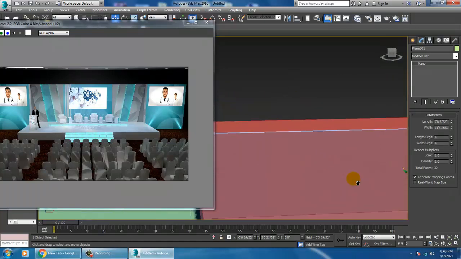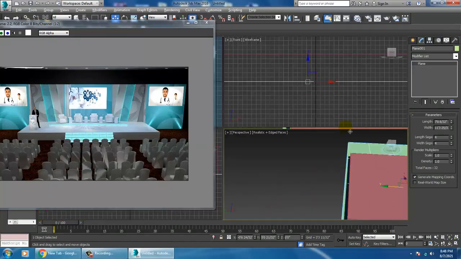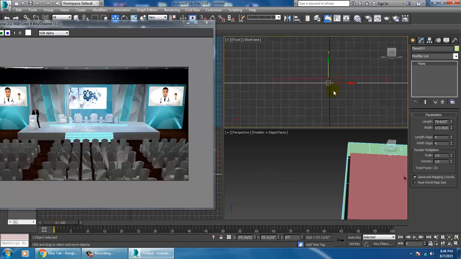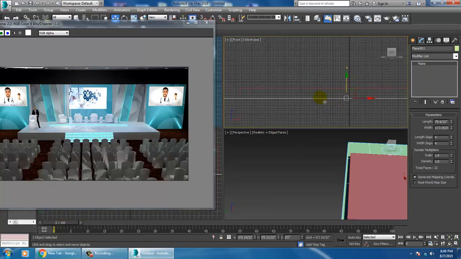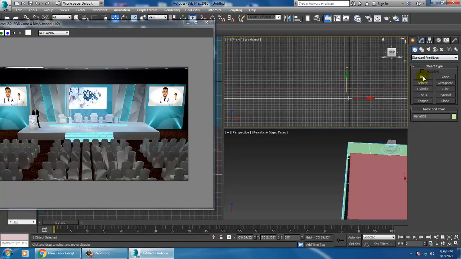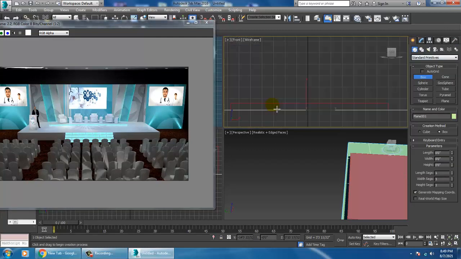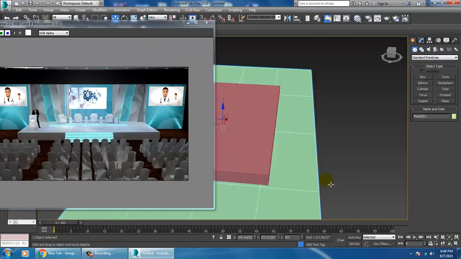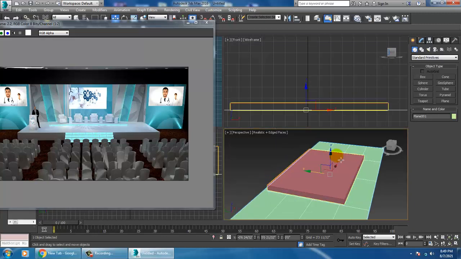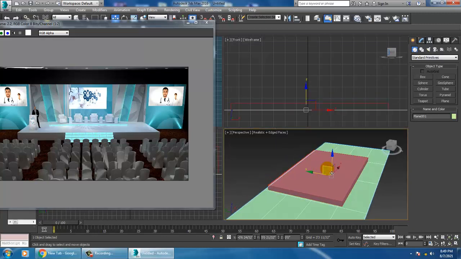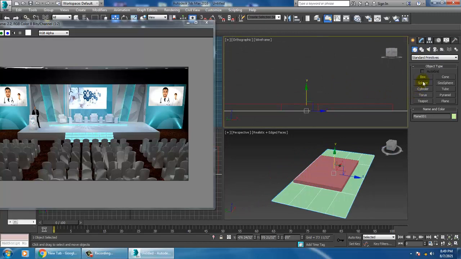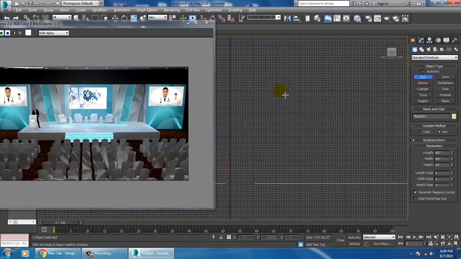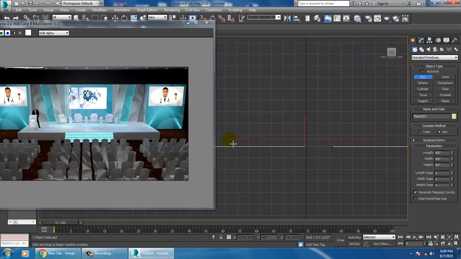Now we have a lot of things over here. So let's go into this and we can create a backdrop kind of stuff. Let's just create a backdrop like this. Let's go into the front view.